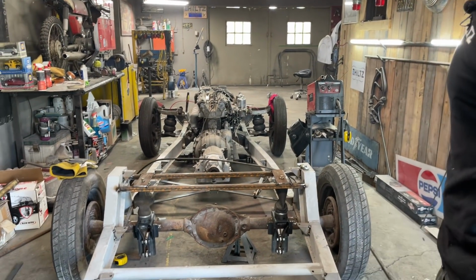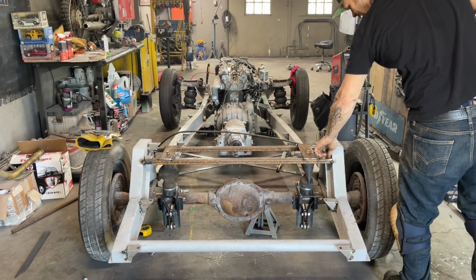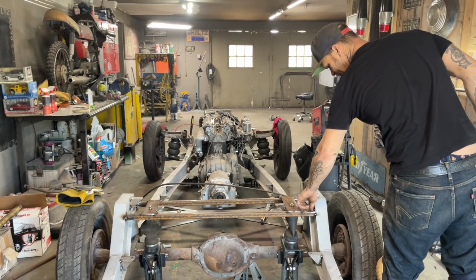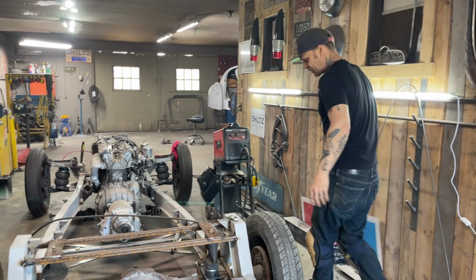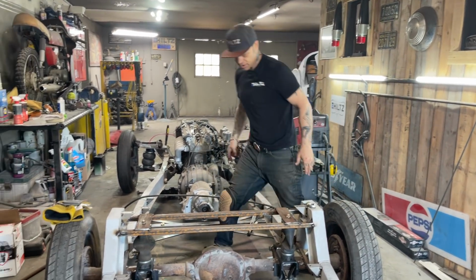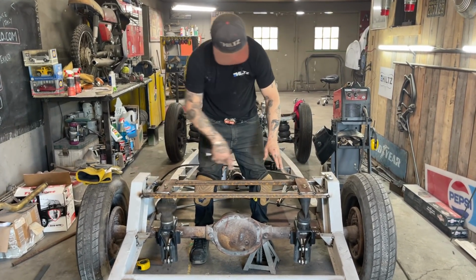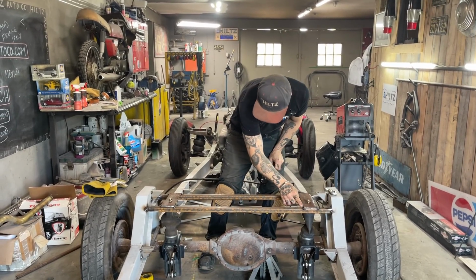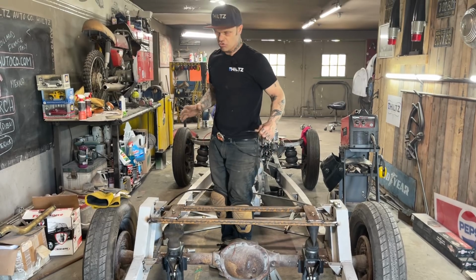But other than that, I don't like that I cut that angle iron in half. It's kind of stupid little things like that that I didn't like. Cut that angle iron like that and it has a little angle. I might do something there just to spice it up. I'm not sure. This is very easily a nice place. I know it's got a cross brace from here to there. That's nice. But if I took a piece of anything and cross braced it here, imagine how much stronger that